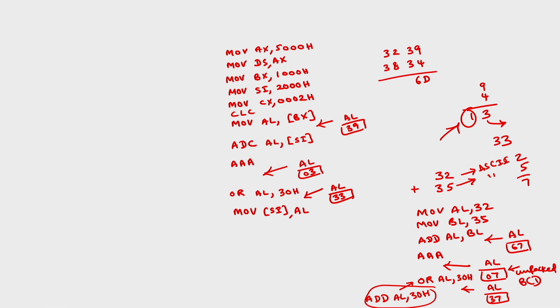Okay. Now the first byte addition is over, you have to go for the second byte addition. Before going for the second byte addition, you have to increment the contents of BX, SI and you have to decrement CX. That is not required if I use loop instruction. So INC BX, INC SI, loop up. So this, where should be this up now? This up should be here.